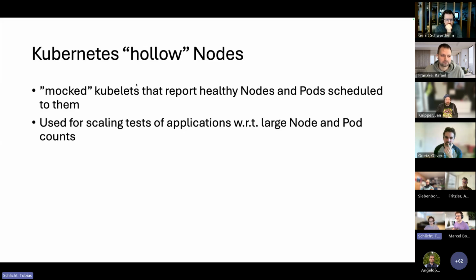Basically, it's a concept of mocked kubelets that register themselves with a Kubernetes cluster, and also report all pods scheduled to them as running. This is used for scaling tests of applications with regard to large node and pod counts. And what we tried during the hackathon is to copy this concept onto